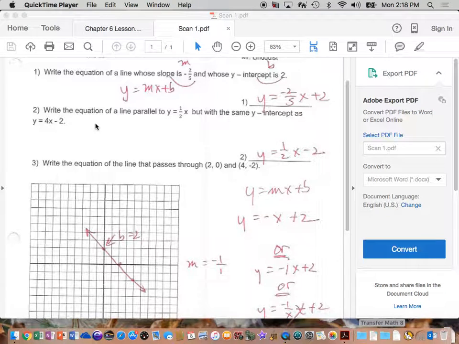Now, we're looking for y equals mx plus b for the general equation of a line, because if you notice on numbers 1, 2, and 3, on all of those questions,